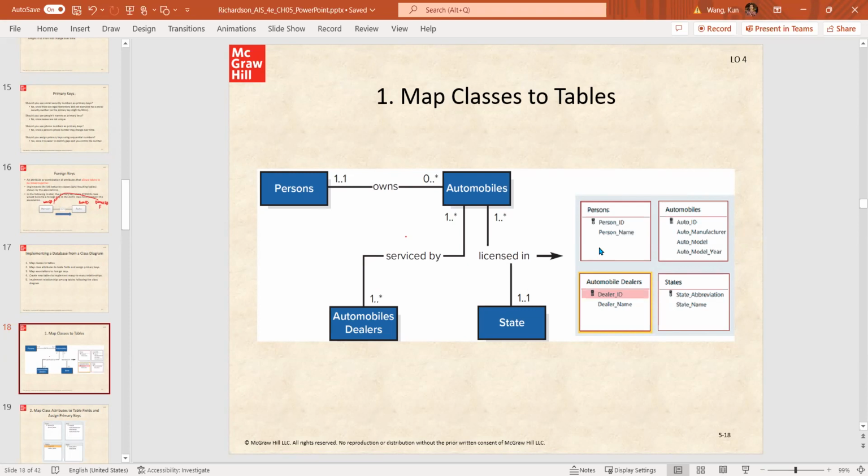In Excel, I created 4 worksheets and then converted them into tables. Now you can see they define all of the multiplicities and associations, right? So 3 associations,